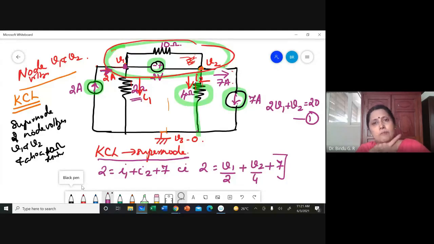As you can see, my first equation contains V1 and V2. Both V1 and V2 are unknowns. By writing KCL, I got an equation in V1 and V2. Now I have to search for some other equation in V1 and V2, so that I end up with 2 equations and 2 unknowns. So it is easy for me. So what can I do? The next thing that I'll do will be to apply